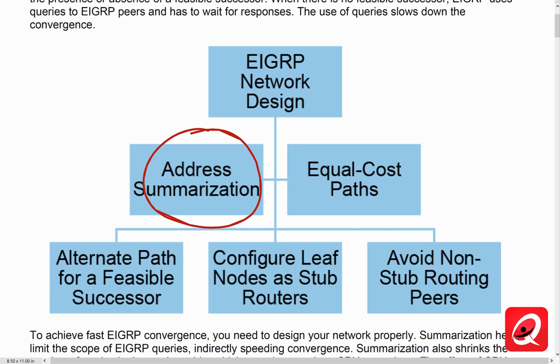Route summarization hides network layer reachability information, essentially. I mean, that's ultimately the goal of route summarization, to reduce the size of your topology database or your routing protocol-specific RIB, like the EIGRP RIB, and then reduce